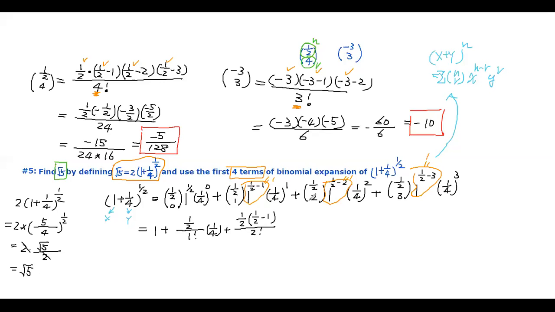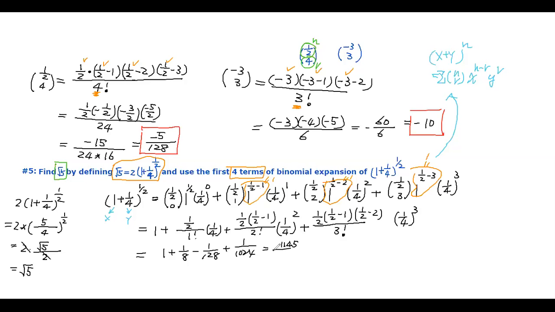Okay, so this is 1, and then times 1/4 to the second, then plus, this is 3 factorial, right? So 3 factorial, so this is 1/2, then this is 1/2 minus 1, 1/2 minus 2, then this is 1/4 to the third, right? Okay, so now you plug these ones into the calculator. You got 1 plus 1 over 8 minus 1 over 128 plus 1 over 1024, and I'm getting